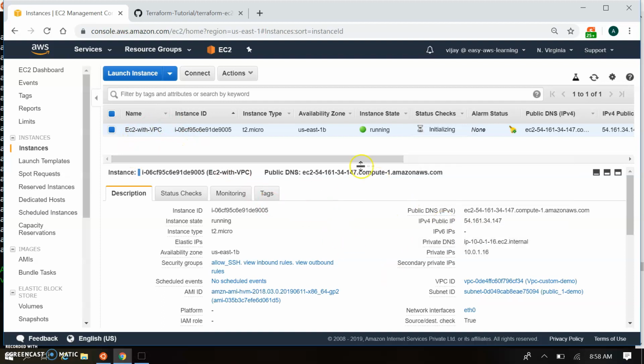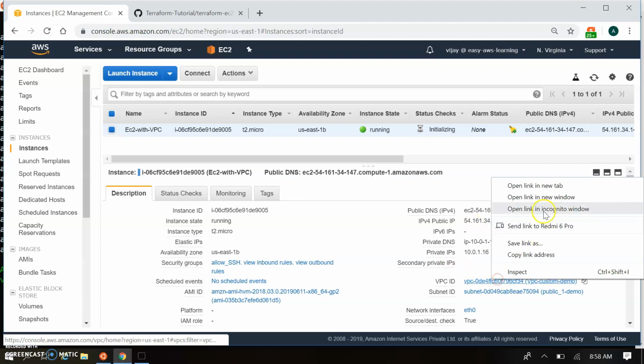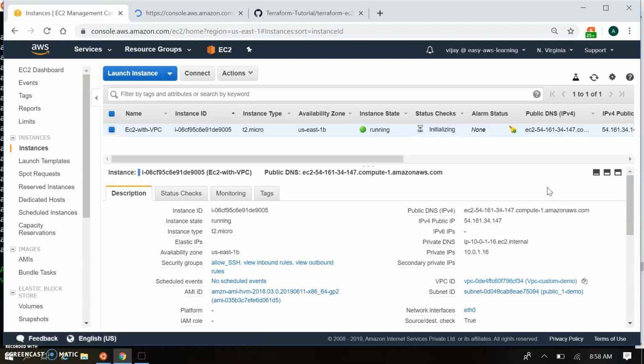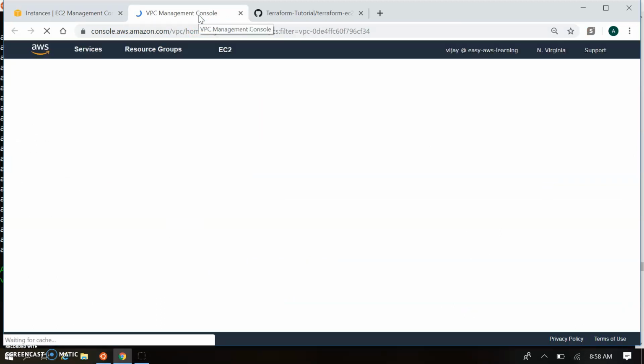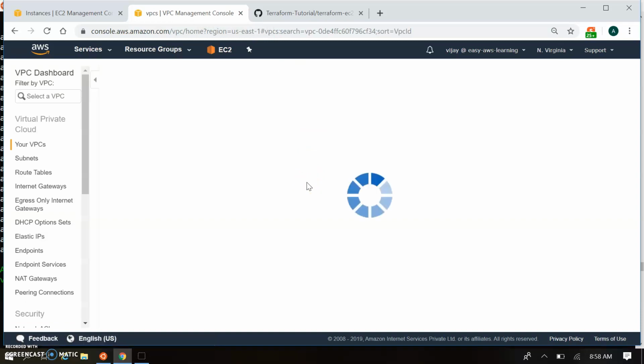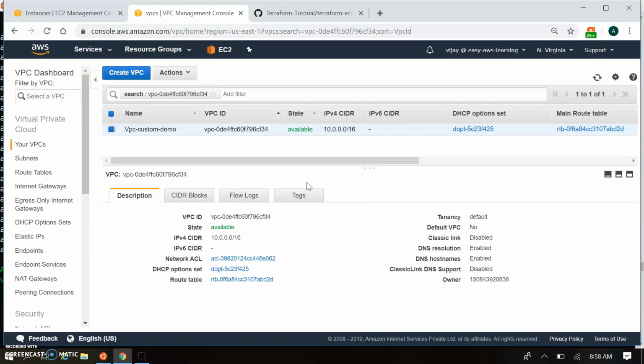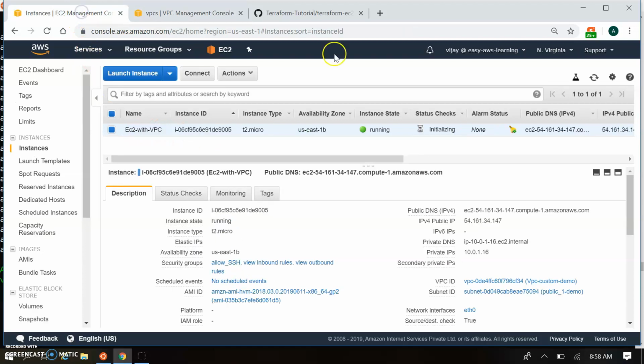You can see all the information, its running state and the VPC ID. I'm opening the VPC just to ensure that it's created in the new VPC. So this is my custom VPC demo.